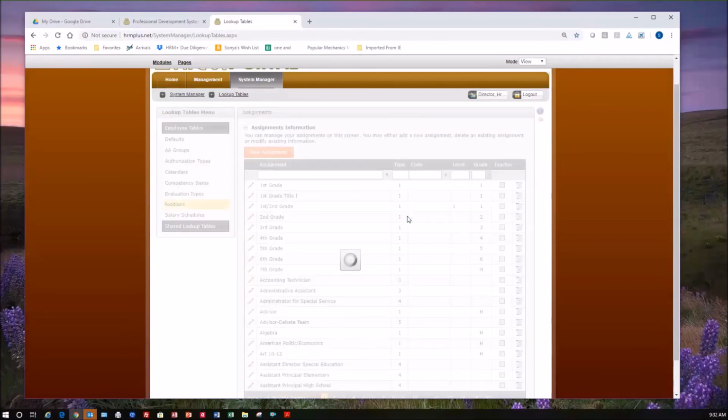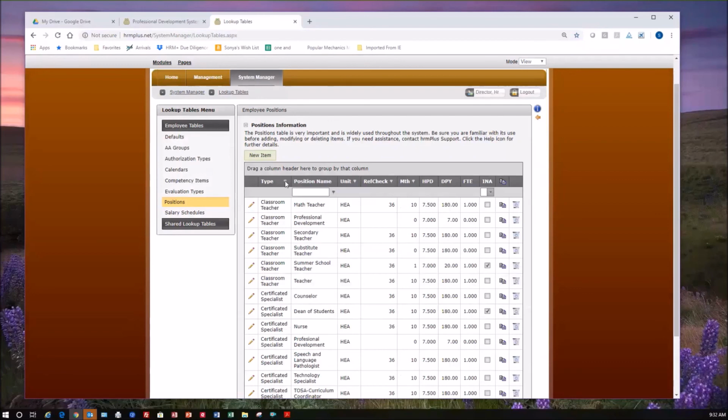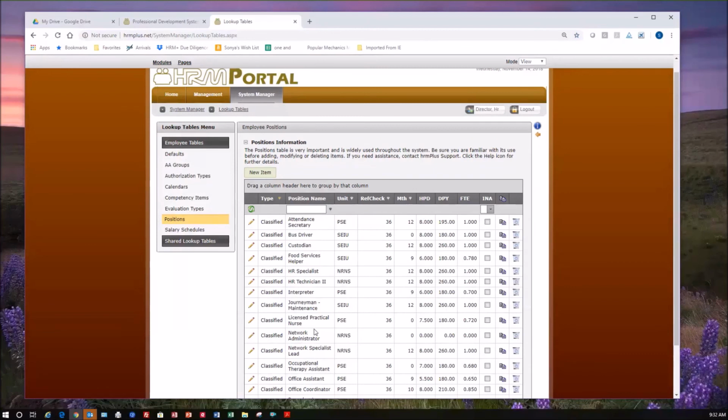Positions. So you'll see across the screen when this comes up that you'll be able to see the type. So you can filter these. If you just want to look at your classified, just go down and pick classified, and it'll just show you those positions. Your name, your unit. Reference check is used with the job application system. When you're doing a reference check for somebody in the final process, you identify what that is. The months, the hours per day, days per year, FTE, whether the position is inactive or not,